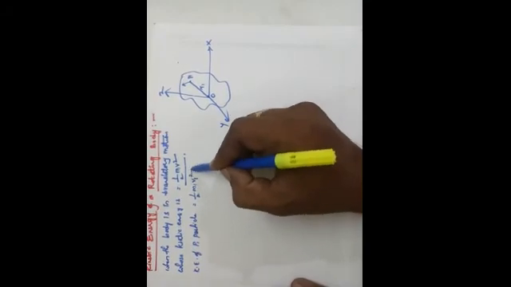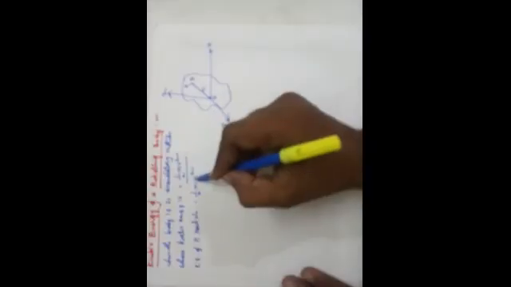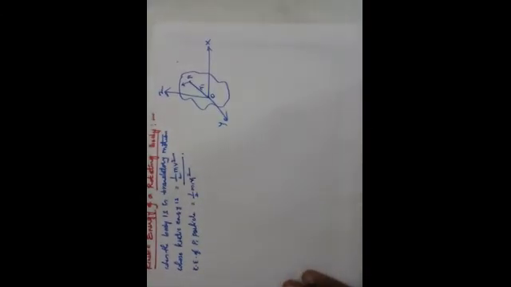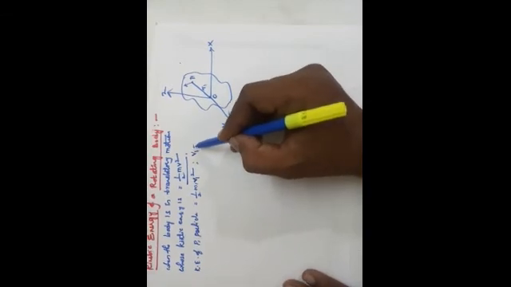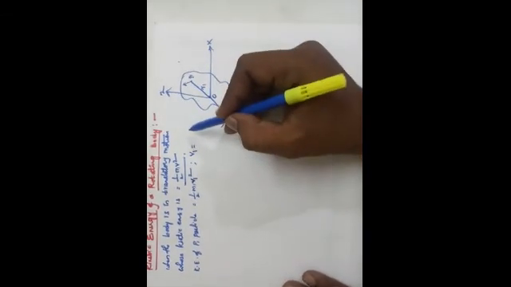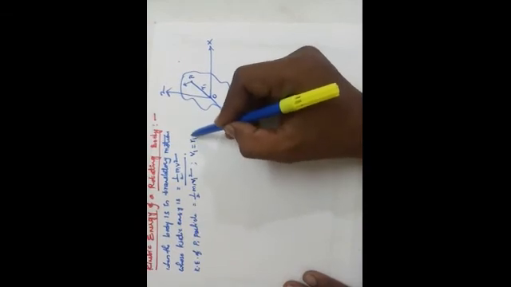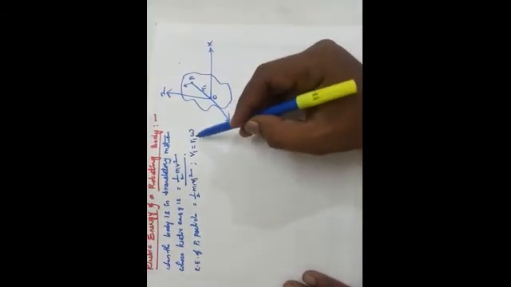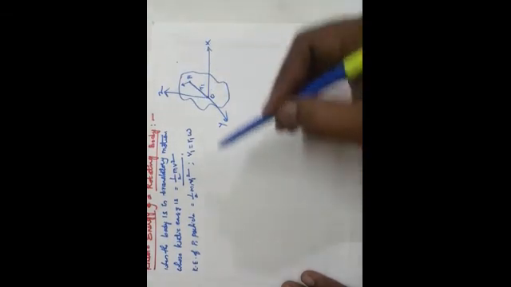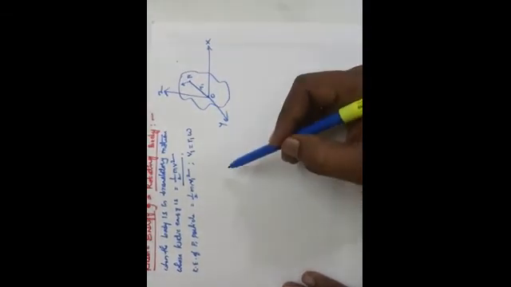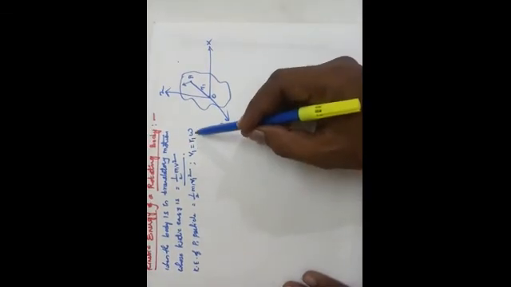half m1 v1 square. Now here the rigid body is rotating about a fixed axis, the z axis. Remember that. But in this case, what is the relation between linear velocity and angular velocity? v equals r omega. So v1 is equal to r1 omega. Here r1 is variable but omega is fixed, because the angular velocity of all particles in the whole body is the same, constant. So v1 equals r1 omega.